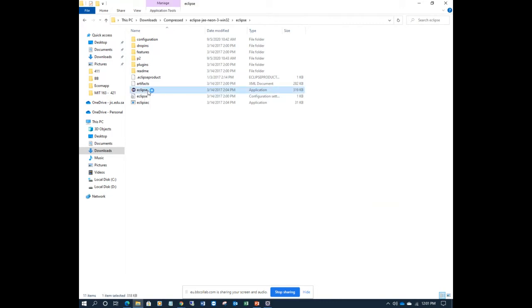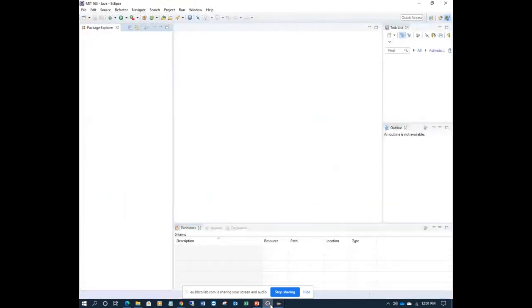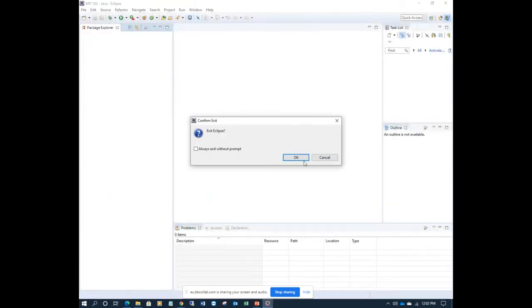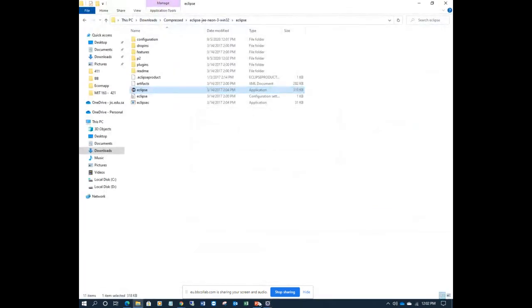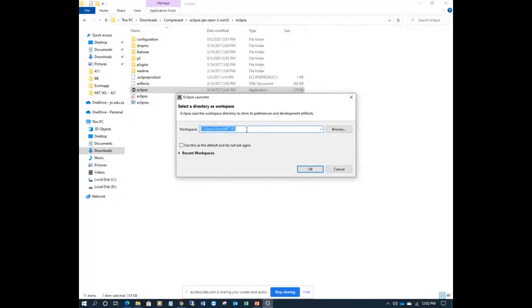So wait for some time to load. Then it will show you the screen. I already have Java running here, right? Let me close this one. Here it will ask you to choose the directory, a workspace, where you can enter your course name or beginner practicing.